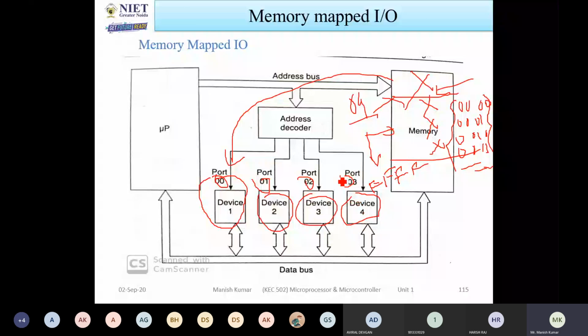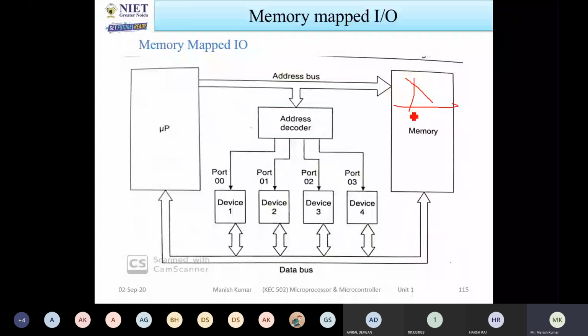Correct? How? When you are providing 00, since the memory is not there, it will access only device 1. Okay. So if I am doing it like that, we are reducing the memory. If you are reducing the memory, what is the advantage of that? Yeah, what is the disadvantage? Since you are reducing 4 locations, 4 into 8, that is 32 bits, you are not able to store 32-bit data in that. So what will happen?